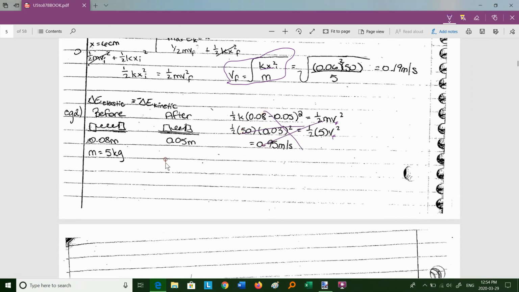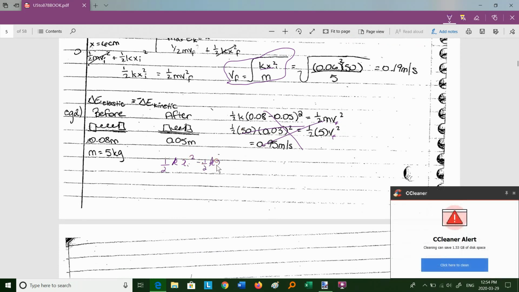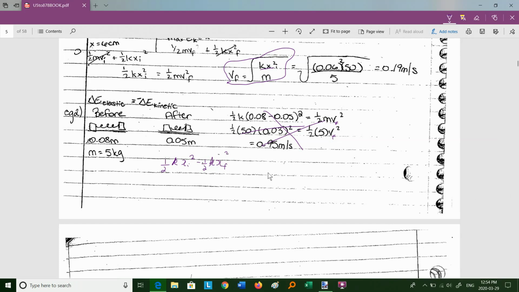So here you go. 1/2 times k times x_i squared minus 1/2 k times x_f squared equals 1/2 m v final squared. So the 1/2s go away. That's great. So I get k, which is 50,